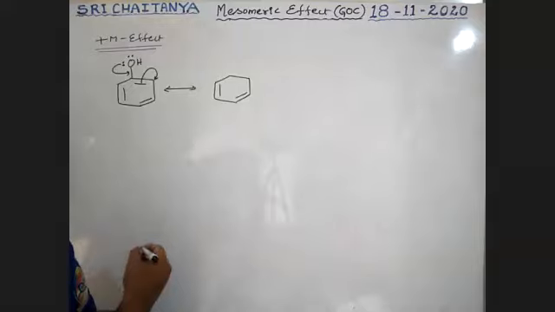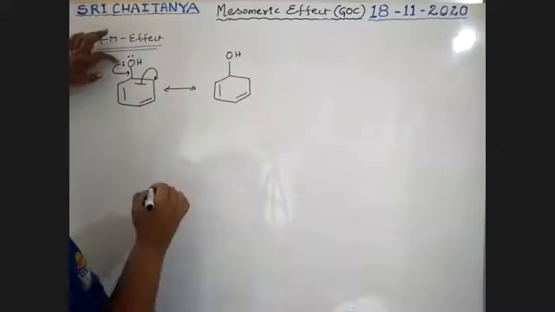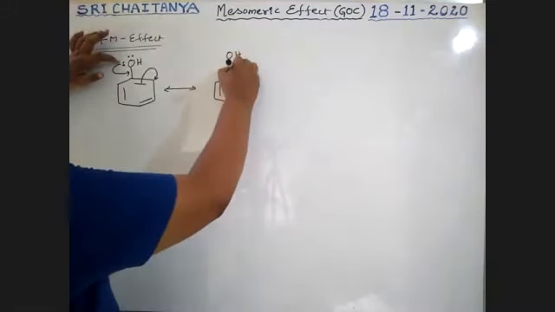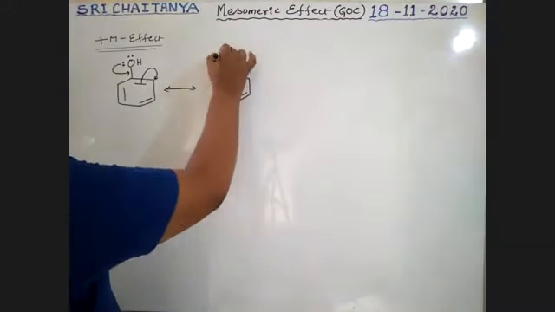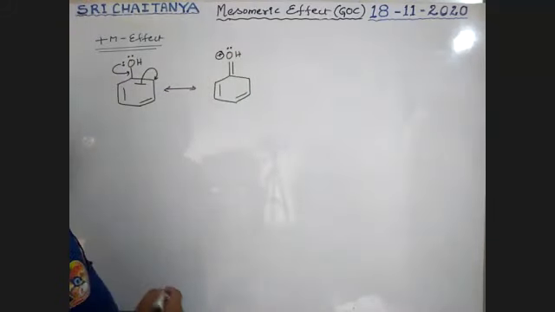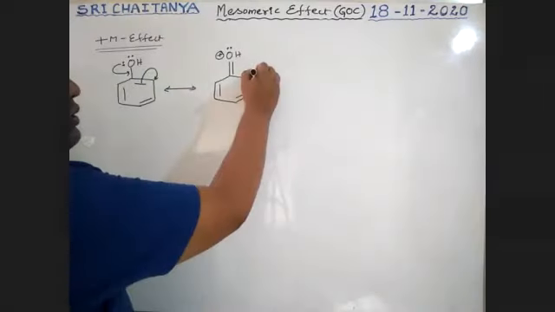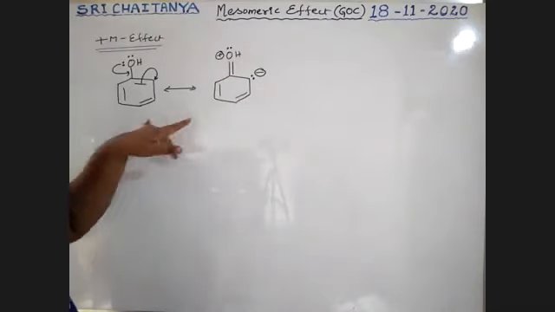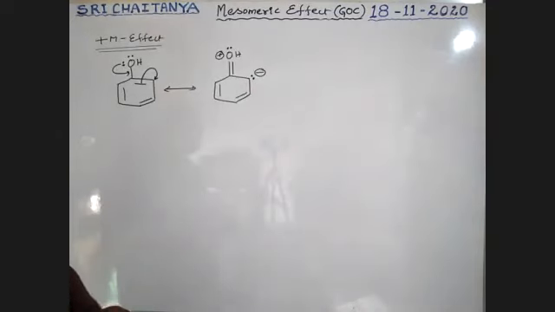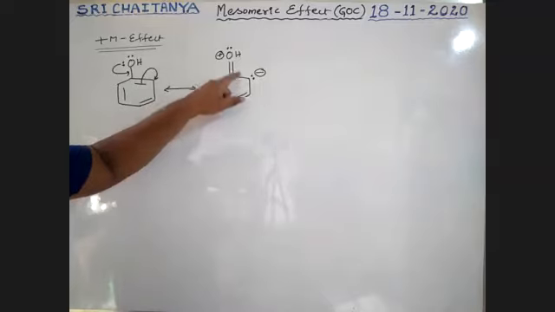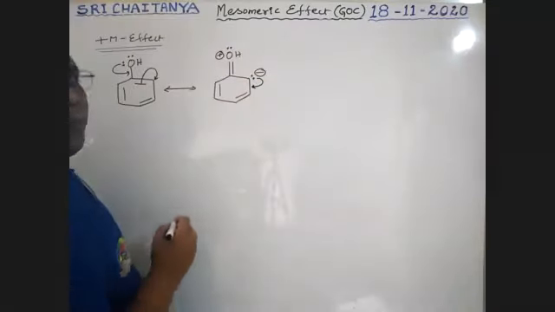This other bond is not disturbed. Next, in the single bond OH, the lone pair converts into a pi bond. Out of two lone pairs, one lone pair is involved, which is why this oxygen gets a positive charge. Next, this pi bond shifts and converts into a lone pair, so the carbon gets a negative charge. Is this structure clear? So the lone pair converts into a pi bond, which converts into a lone pair at the next step.